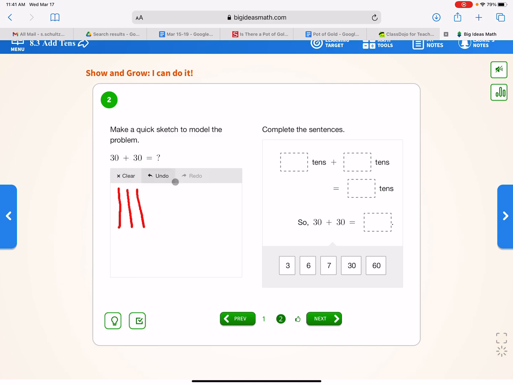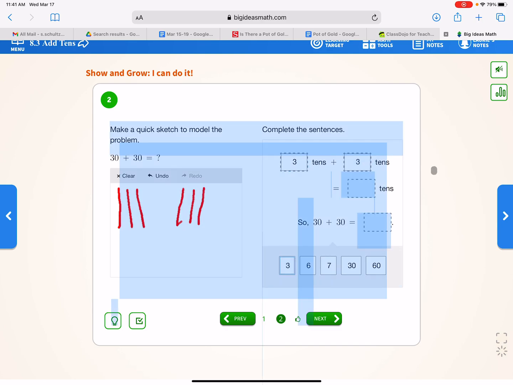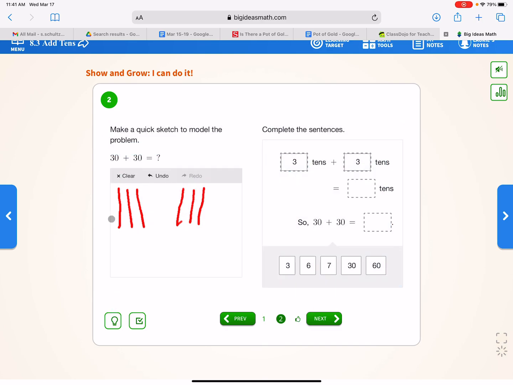And then we move on to the other 30. It should be the same exact model because it's the same number. So we have 3 tens because 3 is in our tens place in 30. But when we put them together, what number do we get? Well, we get 1, 2, 3, 4, 5, 6. But if we count by tens, we get 10, 20, 30, 40, 50,